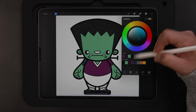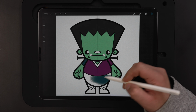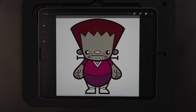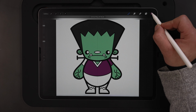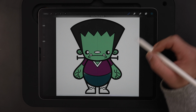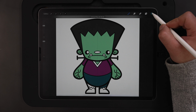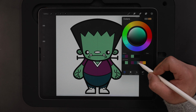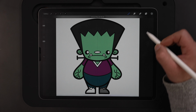Next up, we've got the blue of the pants, and you can see, once again, I forgot to hit that when I dragged and dropped the new color in there. So let's fill that back in. Do the pants. I'm just going to drag these manually since there's only 3 rather than doing the recolor. Gray's up next, use that for the boots